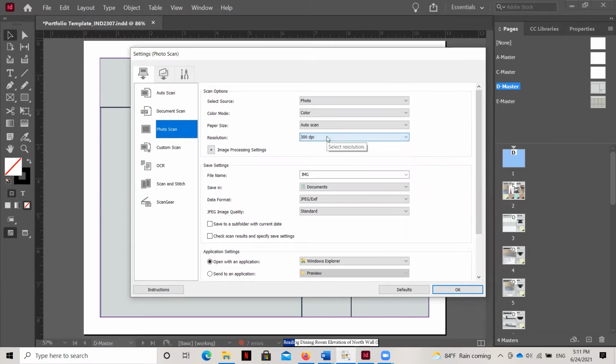And this is really important because this means as I stretch my image out in a document like an InDesign template or a PowerPoint template, that the resolution still is high enough that the image itself will look crisp. So that's the first thing that you want to be sure of when you are scanning your images.